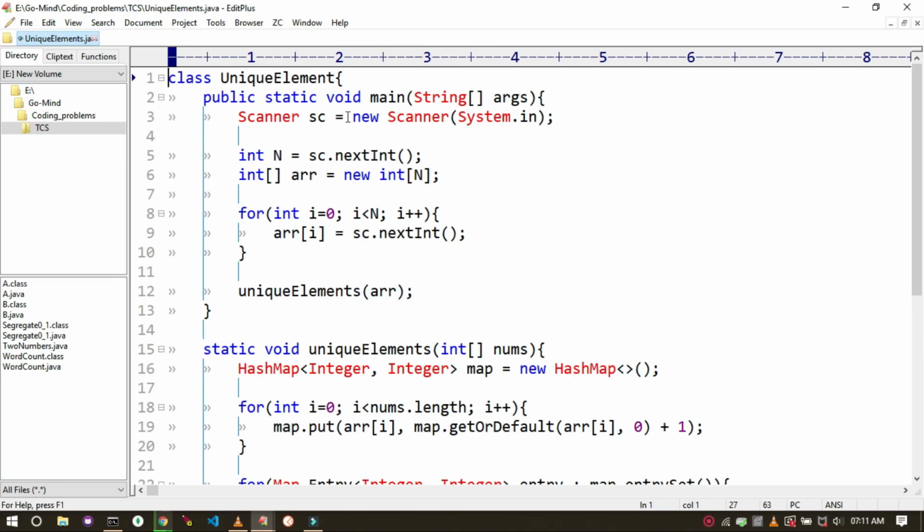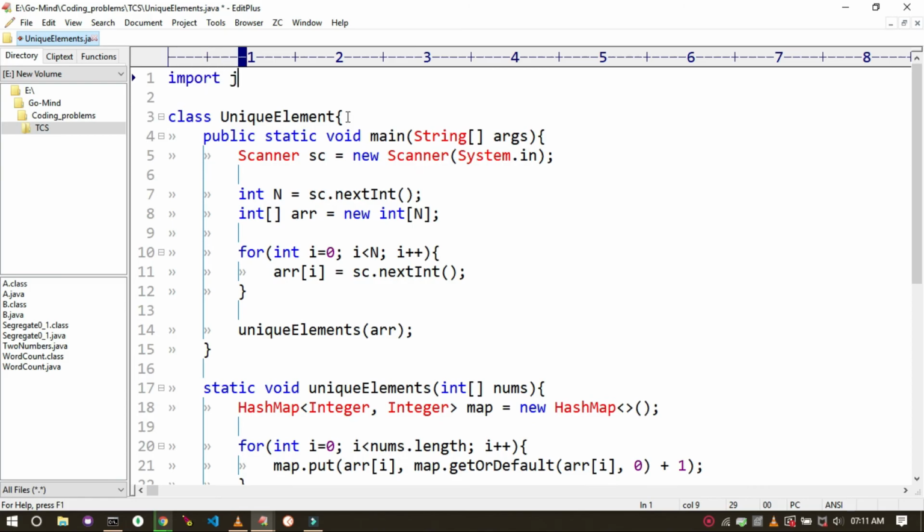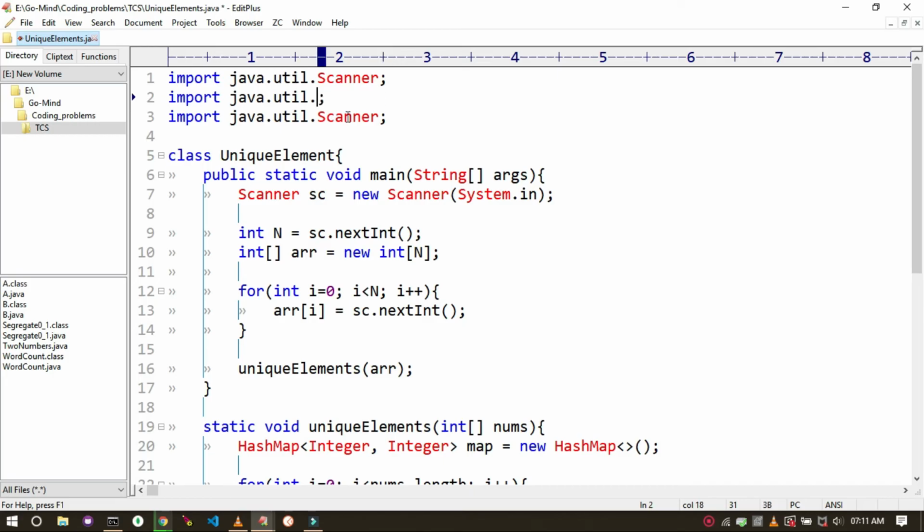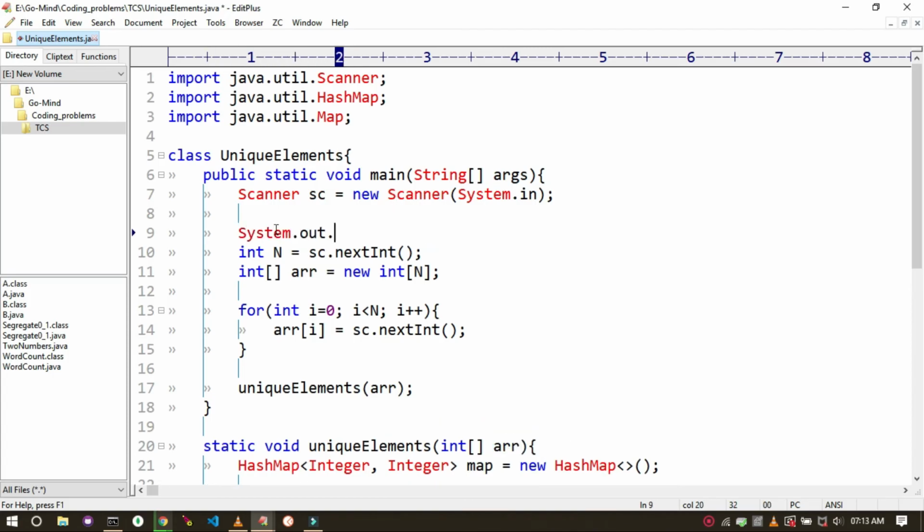Also import scanner, hashmap and map classes. All these are in java.util package. Okay. Let me write the print statements for your convenience.